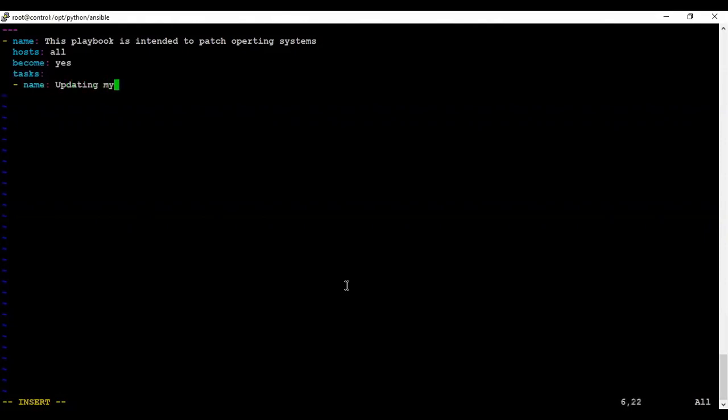The first task has just a name. Like again, the name option is optional, but you can give a better description to your playbooks. So it's going to update my OS packages. I'll use the yum module, then the name: I want to update all the packages. The star means all, or you can optionally give the name or a list of packages. In the state, I want the latest state. Then